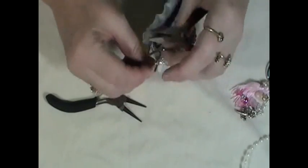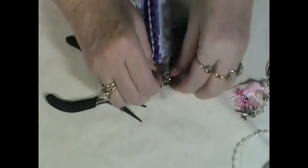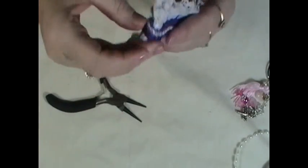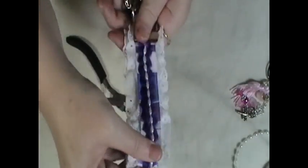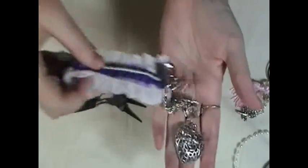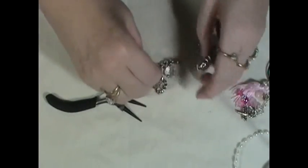And then all you need to do is add this up to your big ring there, and then you've got a big charm to put your keys on. I might even put a few more charms on there. I've got some